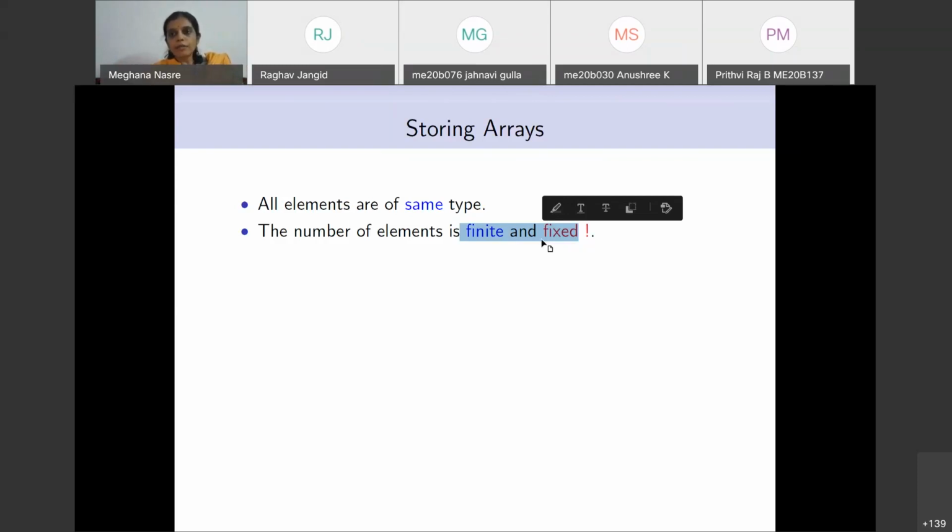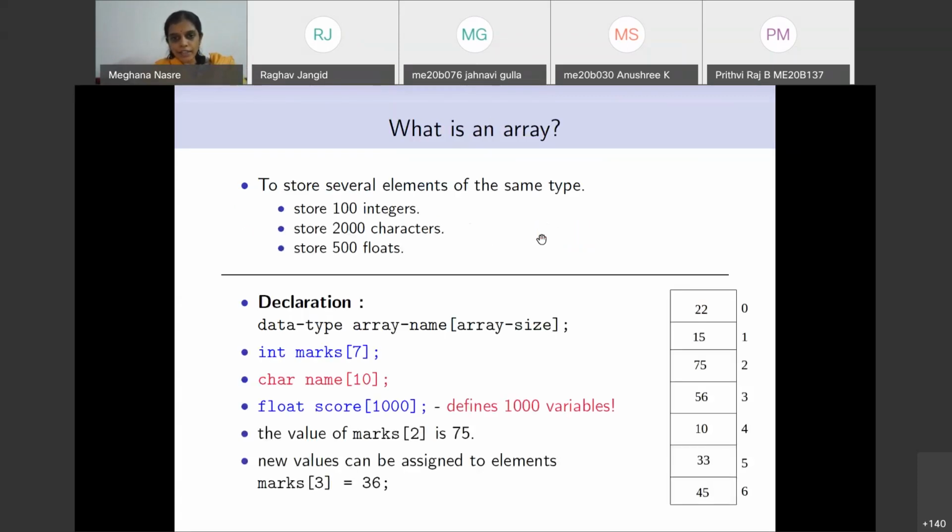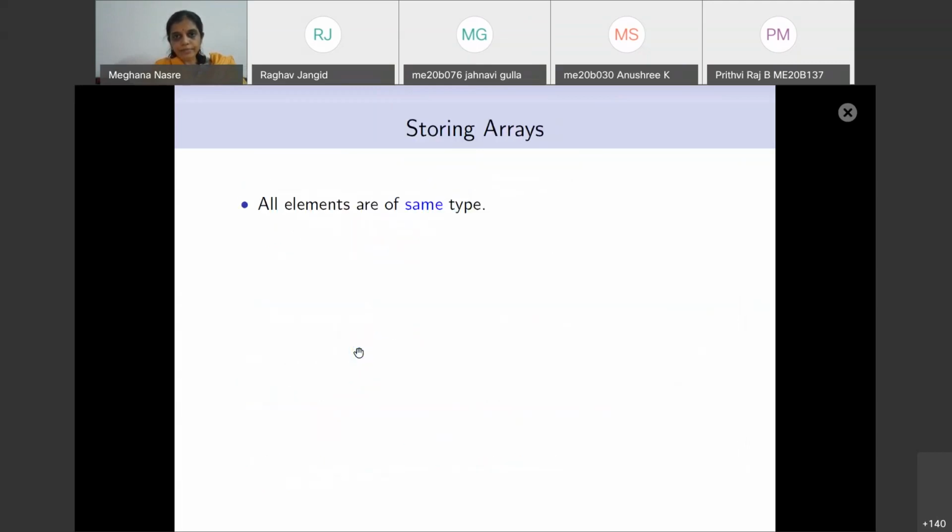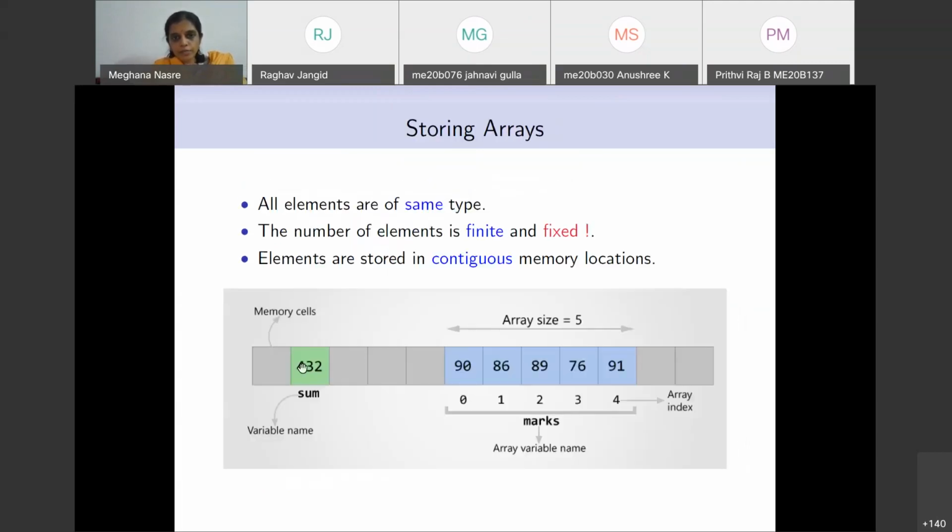So if you don't know the number, you overestimate it, but at runtime, given this standard definition, you are not going to be adding things to it. There are other ways to change the size of the array, but at this moment this is going to be finite and fixed, and this finite and fixed number is defined by the array size that we are telling in the square braces.